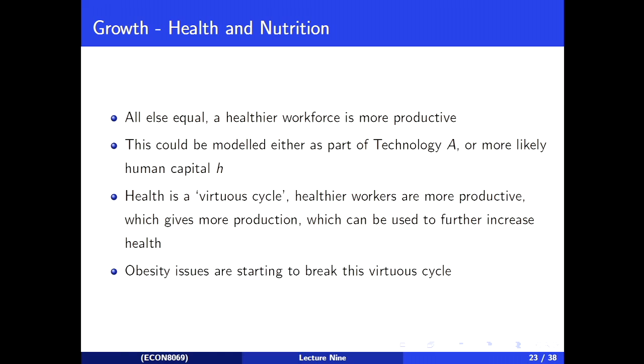This is starting to break down a little bit, particularly in Australia and America, notably, where in rich societies that correlation is starting to break down a little bit because we have obesity issues. You get very, very wealthy, you start to have obesity issues, which reduces health outcomes. So you need to be careful. I'm not saying there's a strict correlation between production and health, but there is a correlation here, which is breaking down at the higher ends, or you need to be careful with at the higher ends.